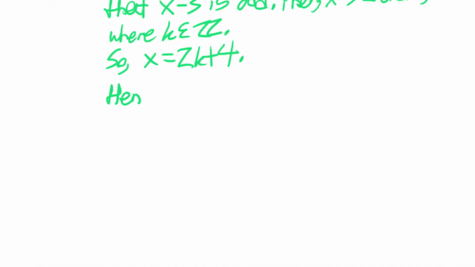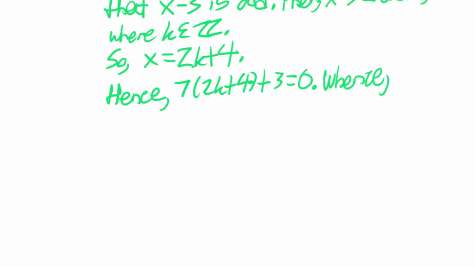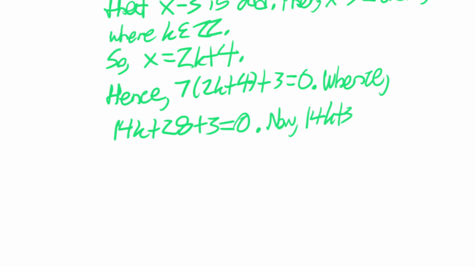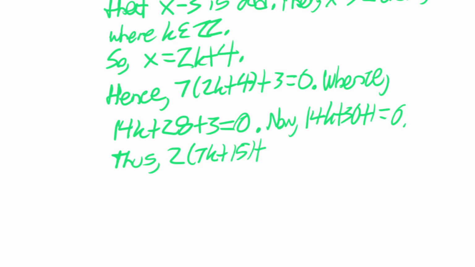So now let's plug in x into 7x plus 3. So we have 7 of 2k plus 4 plus 3 equals 0. And whence we have 14k plus 28 plus 3 equals 0. So now we have 14k plus 30 plus 1 equals 0. And thus, we can factor out a 2 from the first two terms. We have 2 times 7k plus 15 plus 1 equals 0,